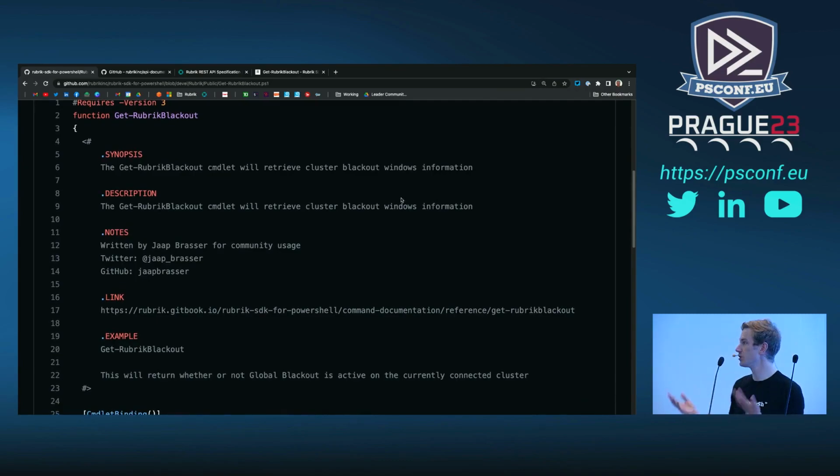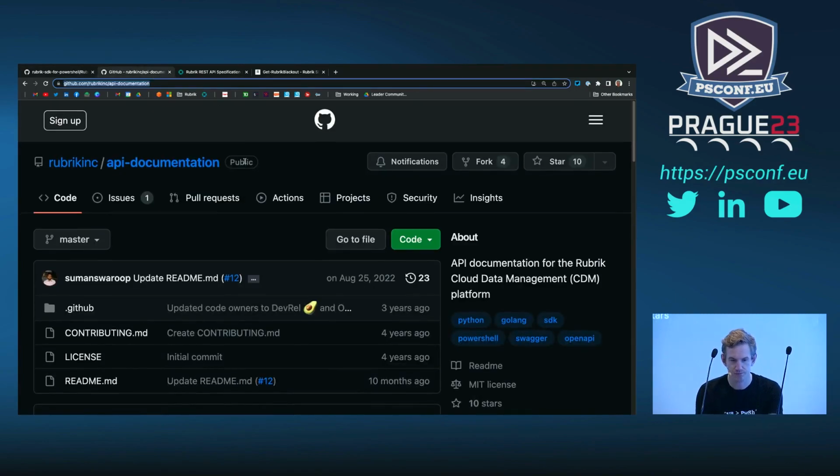So we can see that the bare minimum we wanted was to make sure that there is a synopsis, a description. There had to be online documentation, which we also provided there. And there needed to be examples. So this is a very simple command. It didn't actually have any parameters, so it could only be executed in one way. But then if we go into the documentation,